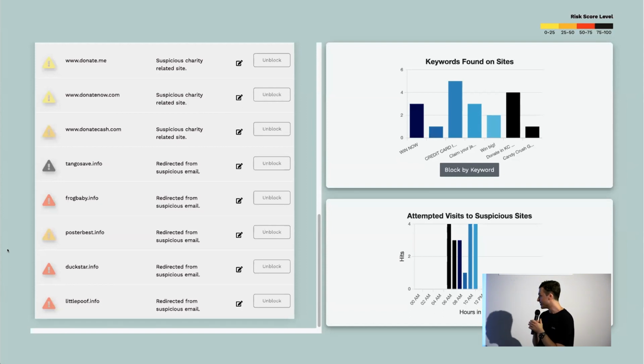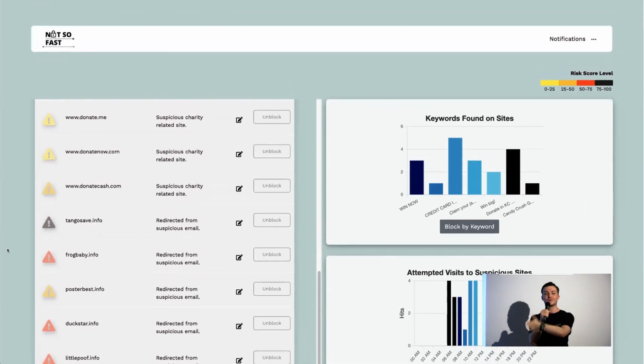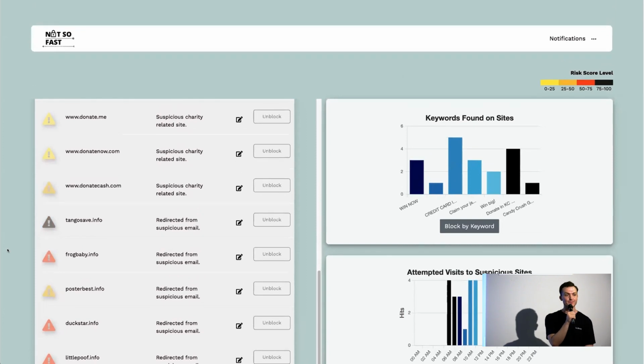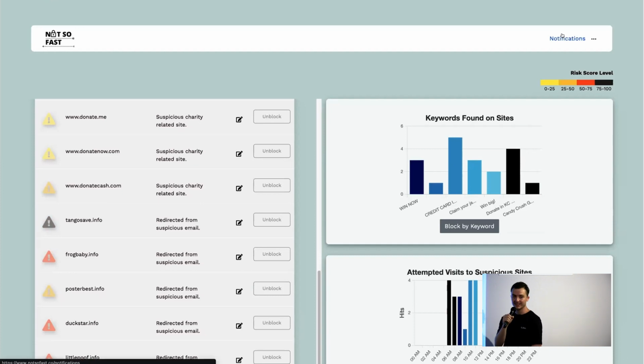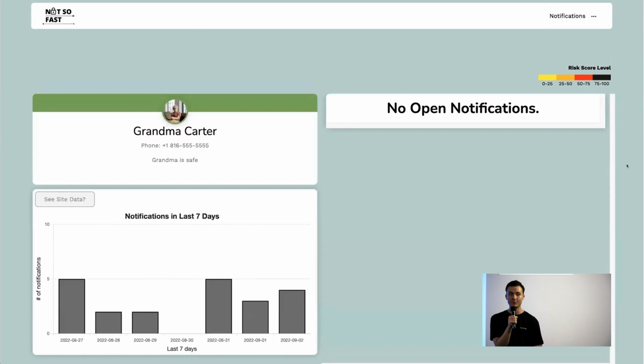And at the bottom too, just as I said, Candy Crush in the morning, grabs her coffee and goes. And it's true. She wakes up and around 5 to 10 a.m., she's trying to access the internet. And I think she needs a couple more cups of coffee before she starts accessing these sites. So hopefully next time I'll be like, hey, maybe start the afternoon shift. We'll see what happens there. So yeah, going back to the notifications page, I can see all is well. And I think, if you use this with your elderly loved ones in your life, then you will see great results too. So thank you very